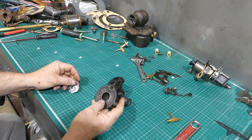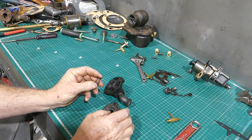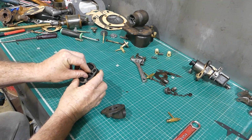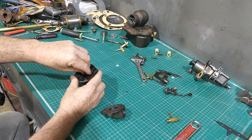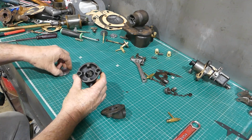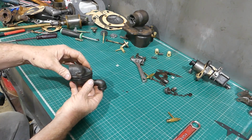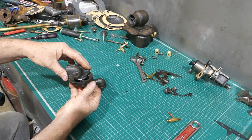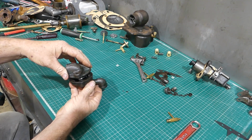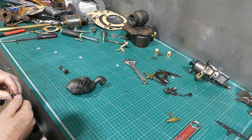So the little spring, I found this little spring. This is a leftover out of our Ferguson TEA 20 inlet valve, and it sits over the little tag in there nicely. We can get it sitting there nice and square, just sits over the little tit, and this plate could sit in there. So that's just above, let me put this top on, that's just above the top. You can see there's a little bit of tension there. I don't believe you have to have a lot of tension, it's just a light spring. I don't know what tension I've got there, but it won't matter. And then this fella here,